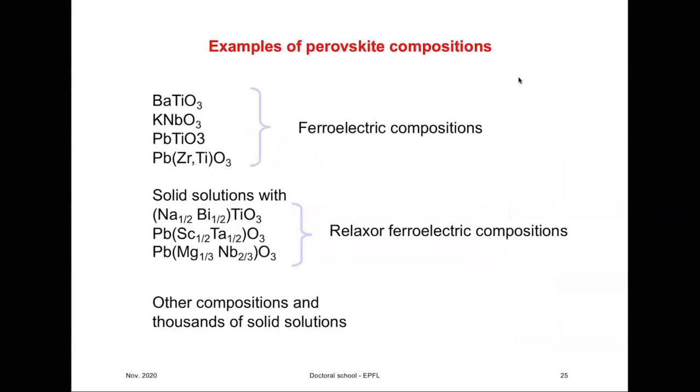Here is a list of some of the compositions that belong to perovskite materials. First, there are some ferroelectrics, such as barium titanate, which we already discussed in some detail, potassium niobate, lead titanate, and lead zirconate titanate, a solid solution between lead zirconate, PbZrO3, and PbTiO3, lead titanate. And those are the materials that most of our discussion